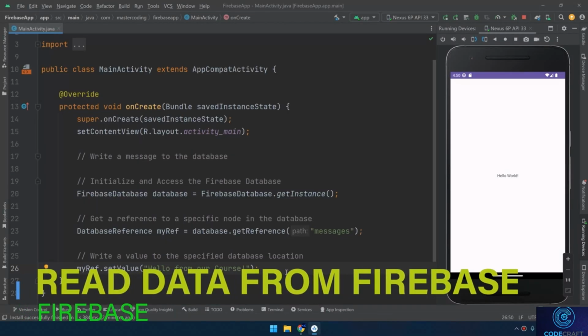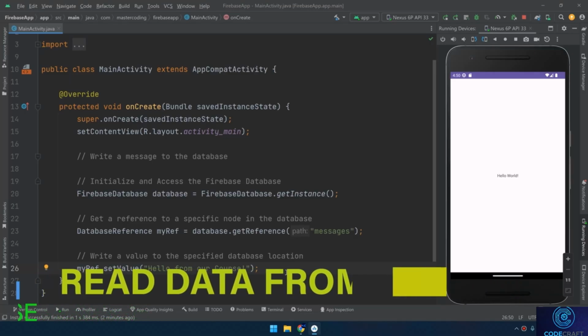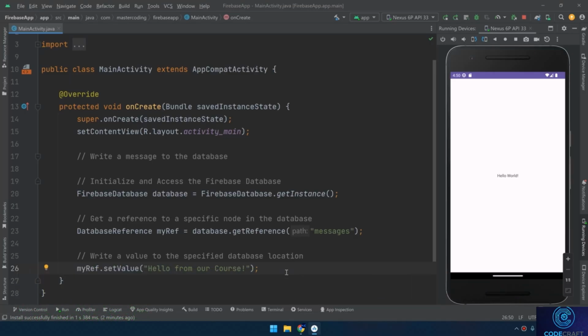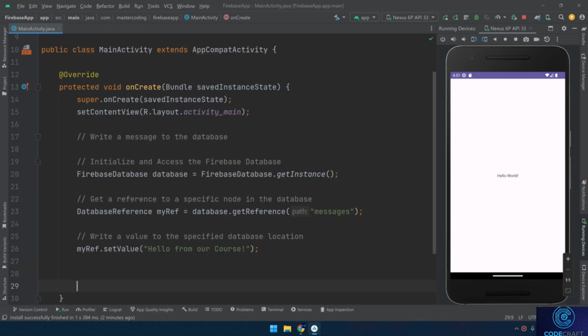In the previous video we learned how to write a value to a specified database location in Firebase Realtime Database. In this video we'll learn how to read any change in the value of the specified database location in Firebase Realtime Database. To make your app data update in real time, you should add a value event listener to the